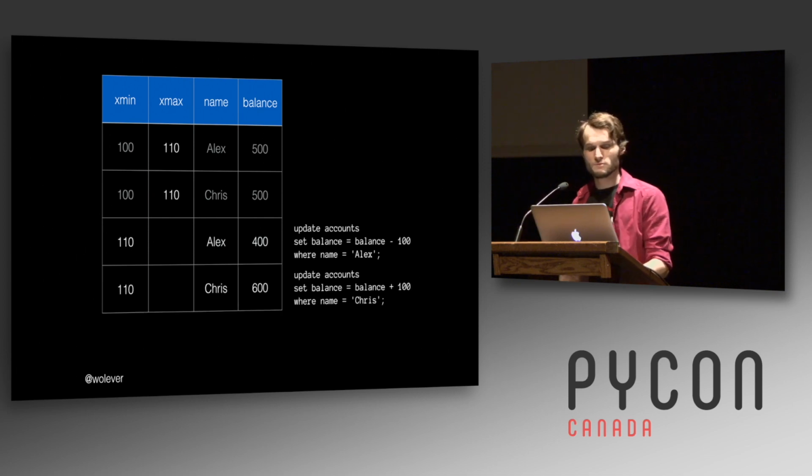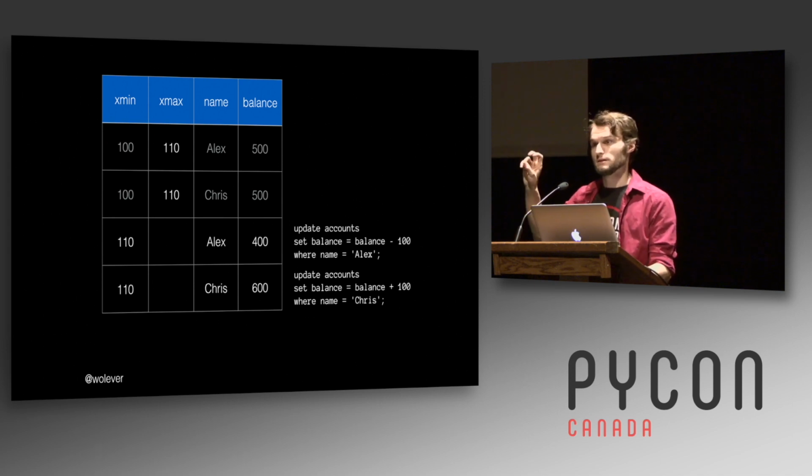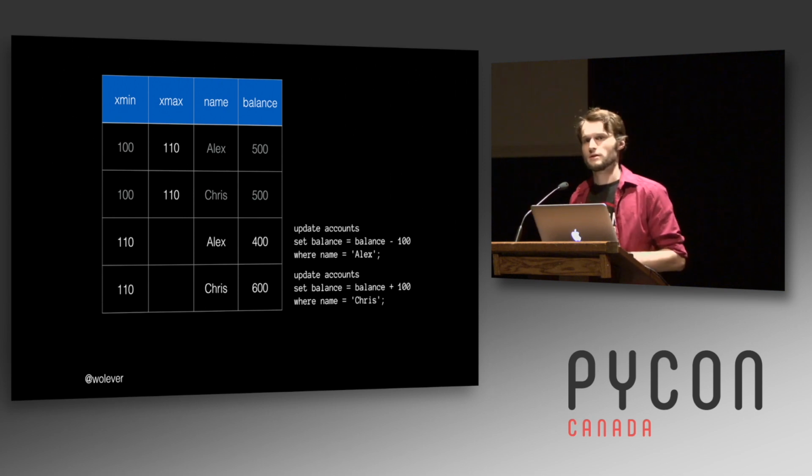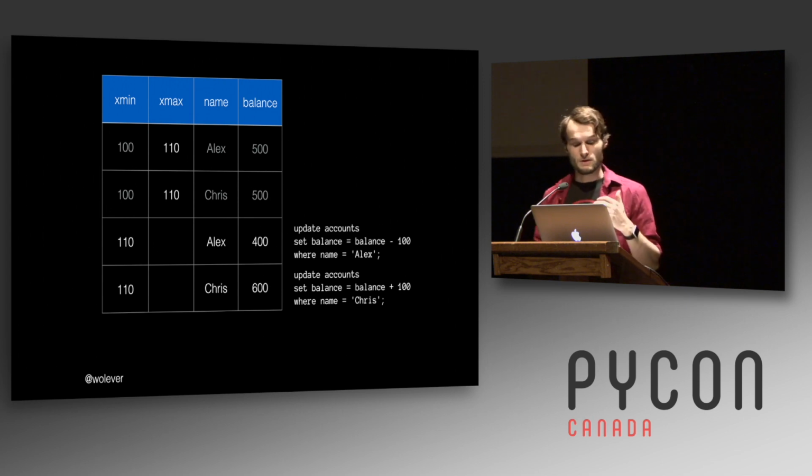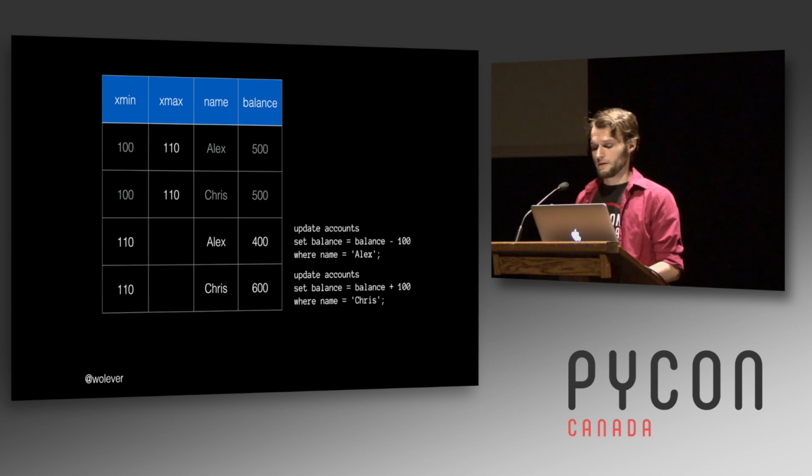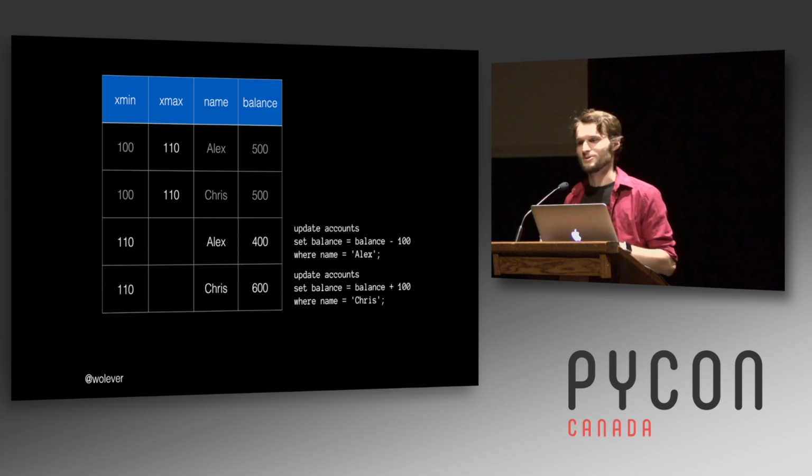So same thing happens when we go and issue that next update. We're going to be creating the new row with the xmin of 110 and effectively deleting the old row by setting the xmax. Now, one of the interesting things that I want to make a note of is that when a transaction is committed or aborted, no rows are modified. That commit is an order 1 operation. It's kind of out of scope to explain exactly why now, but it's pretty cool. You can think through it and figure out exactly why that's the case. Anyway,